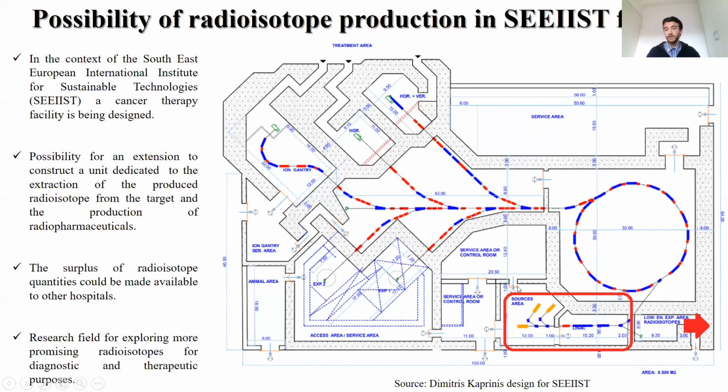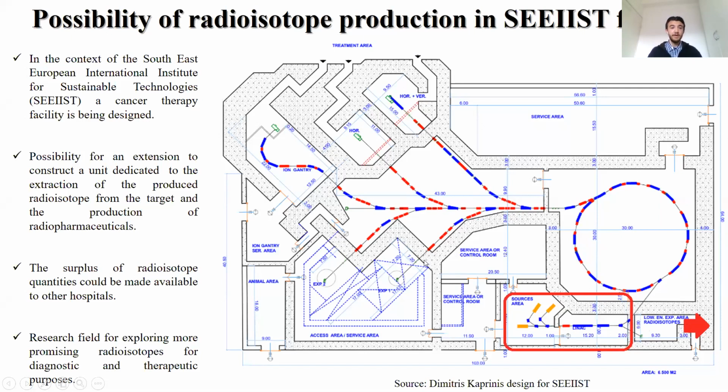And you can see on the right-hand side below, in a red oval, the place where the LINAC should be situated, resulting in two different lines at the end: one for supplying the synchrotron and the other one that is going to be used for radioisotope production. There is also a possibility for an extension to construct a unit dedicated to the extraction of the produced radioisotope from the target and the production of radiopharmaceuticals, as